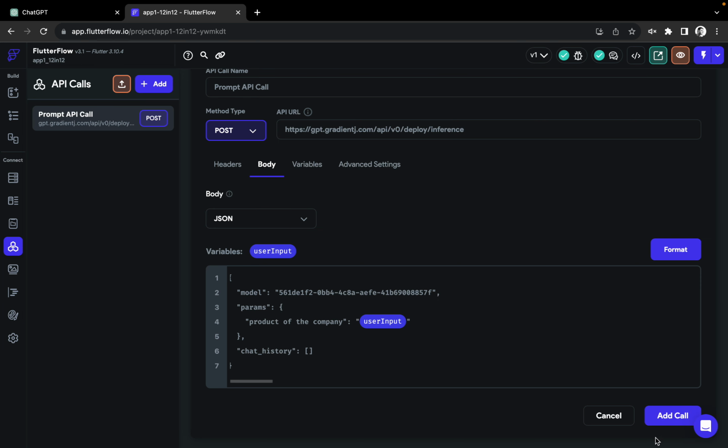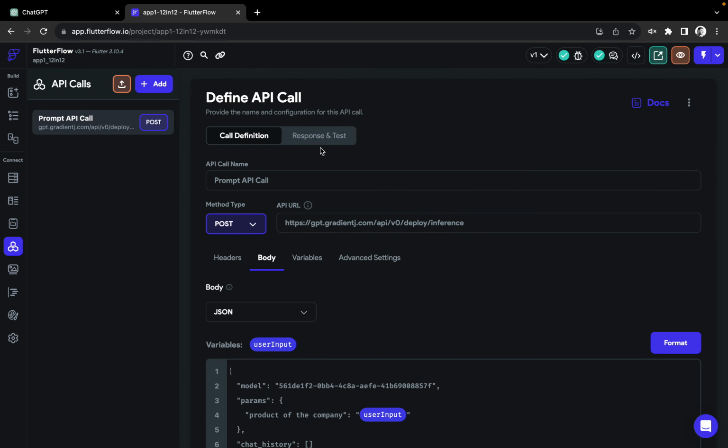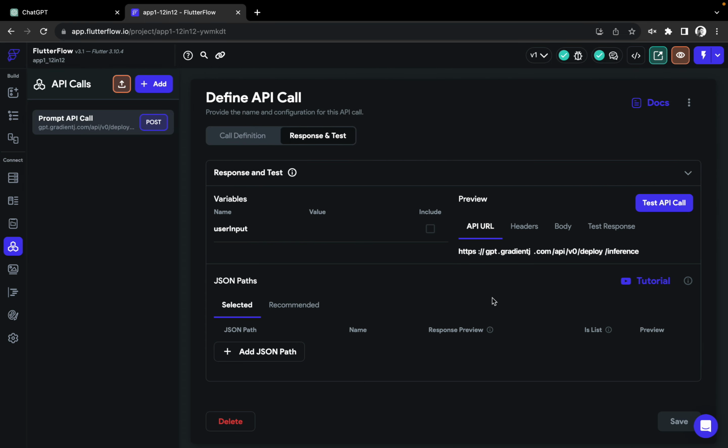Now you click on add a call. Now let's test it. You can also test an API call. Go to the response and text. Here we will give something else, like chargers which have